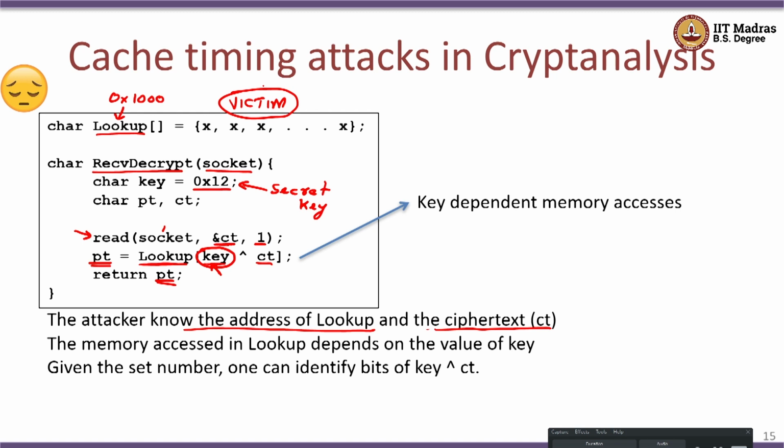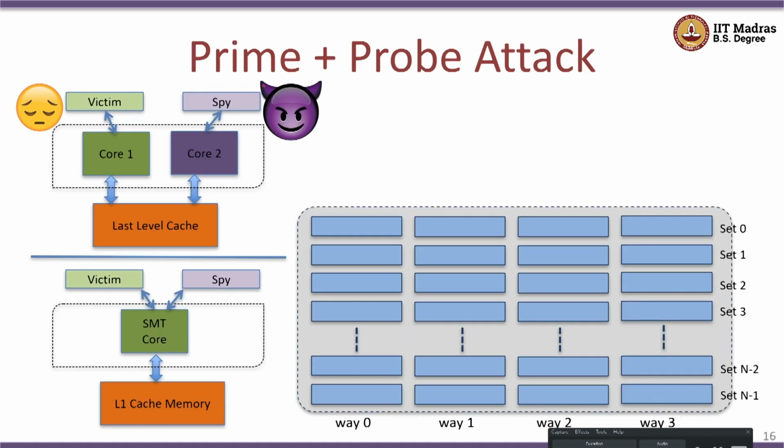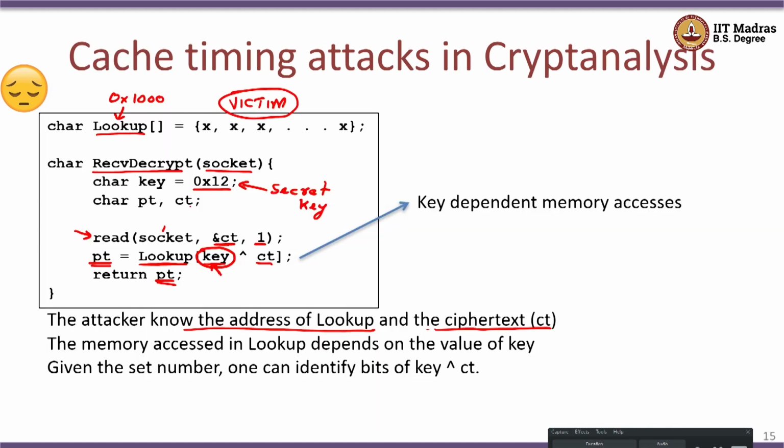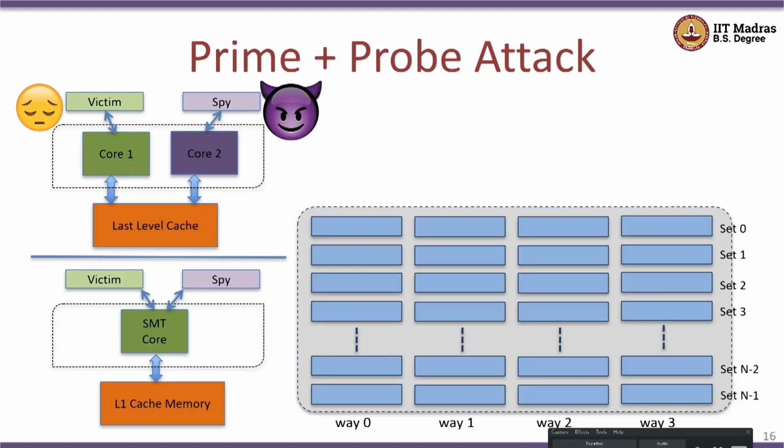So, okay. This is the assumption that we essentially make. We have the victim, which we have essentially discussed, which is a process which is running, which has this function called receive decrypt. So this receive decrypt is essentially in a process called the victim,